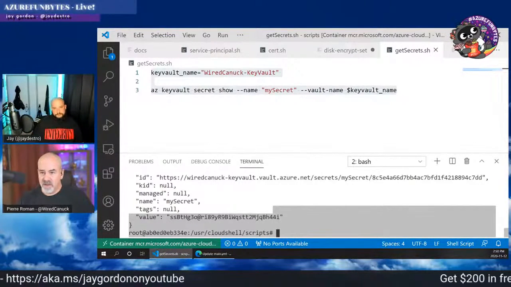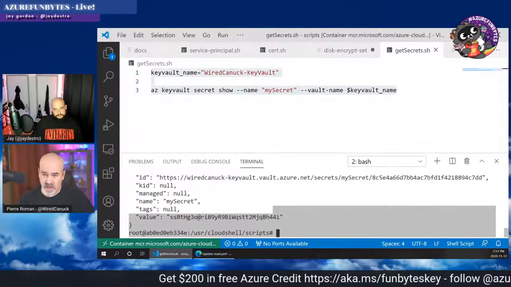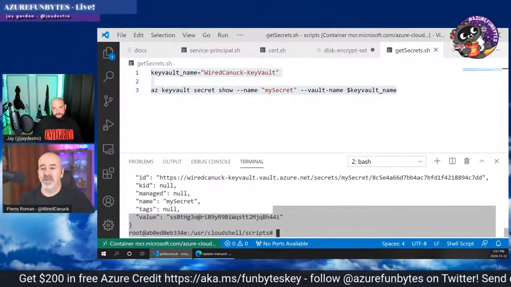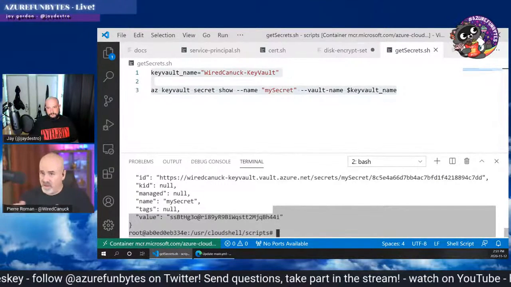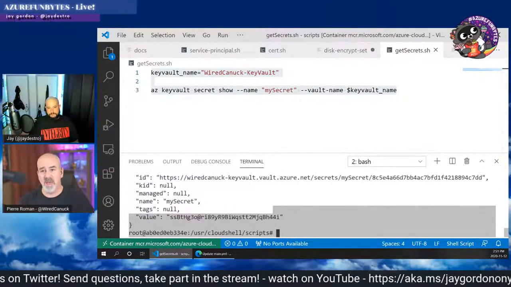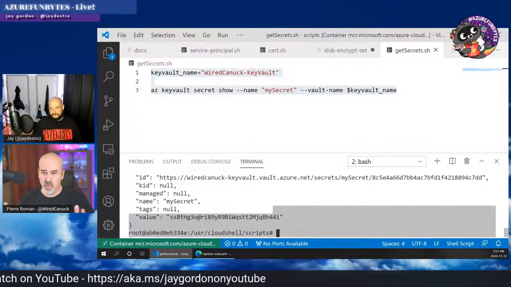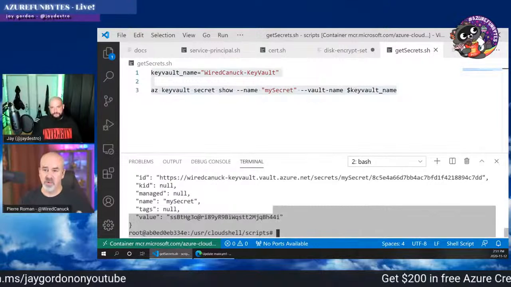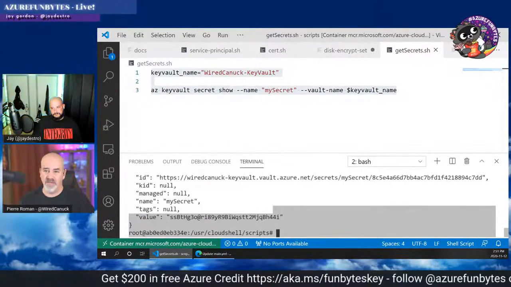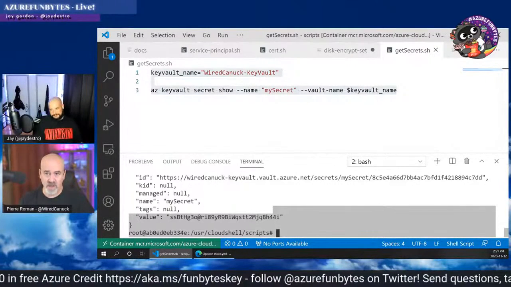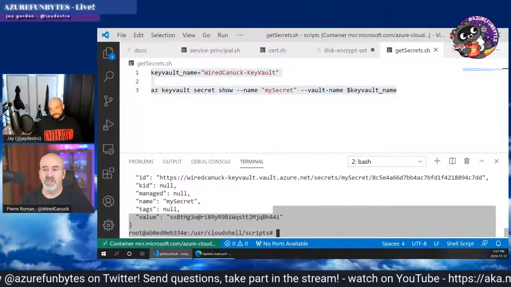But now you can have a function that runs on a schedule that uses a service principal to generate a new password, store it in Key Vault, and then have another process that will do a listing of all of your servers, pick all of the Windows servers, for example, and do a remote command to change the administrative password to the newly created password that is stored in Key Vault. So you don't have to worry about somebody who got fired remembering the password or having it written down. You could do the same for Linux VMs with certificates, where you could generate a new certificate